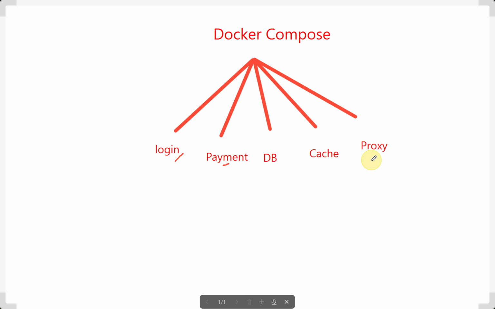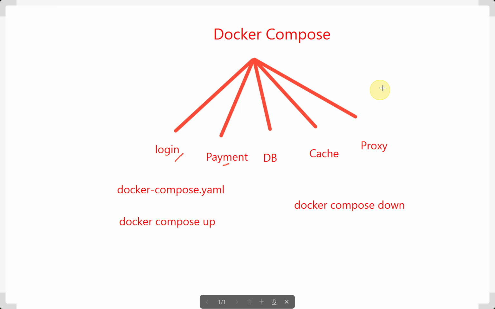That doesn't make sense. Also, there can be interdependencies between the services. For example, before starting the payment service, the DB service should be up. How do we ensure these kinds of dependencies? So to manage these kinds of applications, we have Docker Compose. In Docker Compose, we include all of these services in a file called docker-compose.yaml. And we can create all of these services using one command, docker compose up. And we can delete all of these services also using just one command, docker compose down.